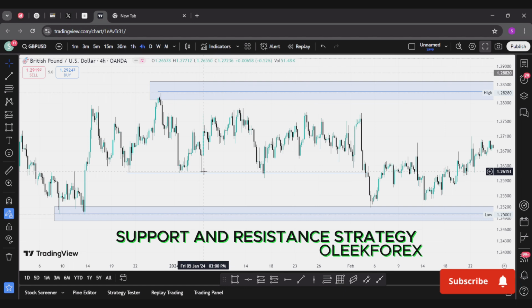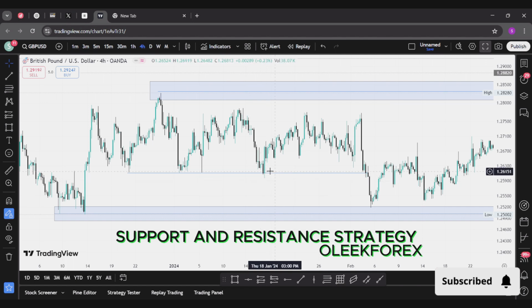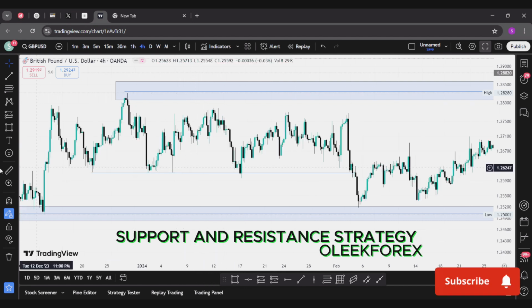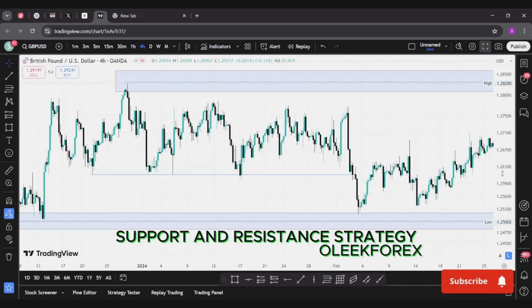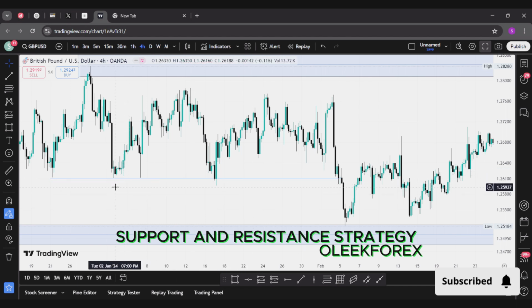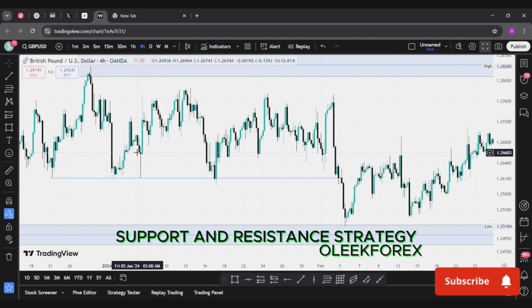But you have to be careful, because the more price keeps touching and retesting a particular zone, it means it is about to break. So I advise you, if this is your strategy and you want to master it, once you see that the price has visited a zone before, you wait for it. Once it comes back to that zone, you wait for a confirmation. What's a confirmation? A confirmation is basically a full candle that closes towards your direction, meaning that, for example, you are anticipating to buy to the upside, and